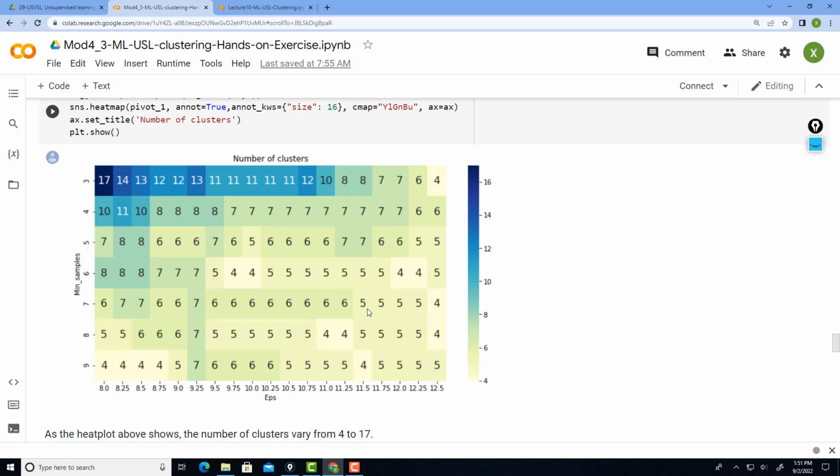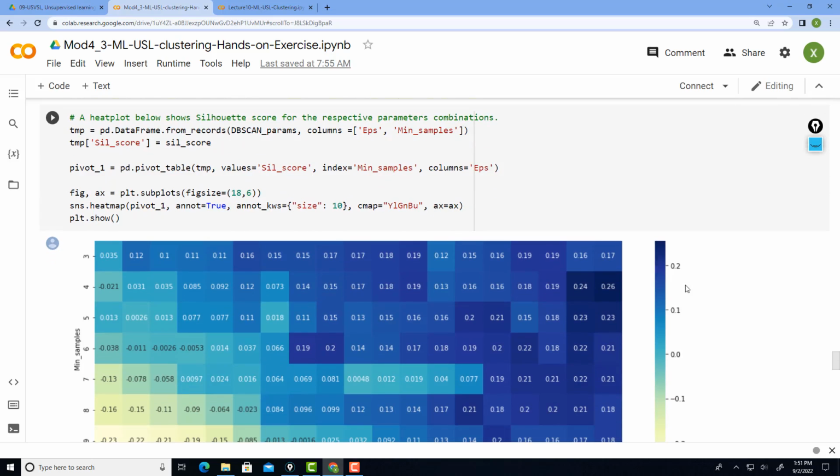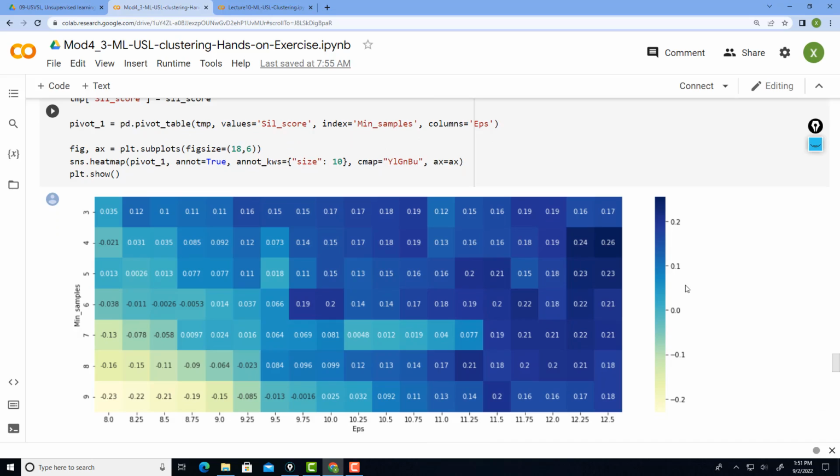But for this specific customer example, you can see that in many regions for DBSCAN, you are getting either 5 or 6 clusters. You can also draw the heat map based on the different hyperparameter settings for epsilon and the minimum required core samples, and compute the silhouette score.